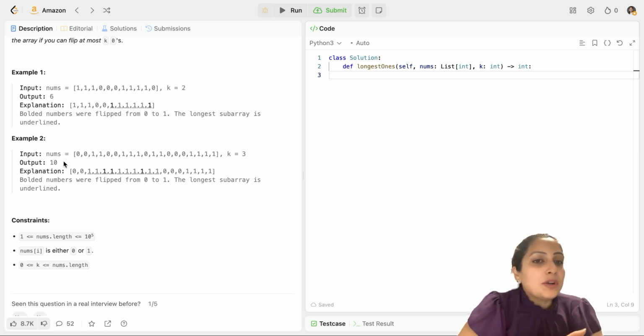The right pointer will keep on moving and checking for the presence of zeros, and we will keep on decrementing k as and when we flip zeros. As soon as our k becomes less than 0, we will start moving our left pointer so that k is never less than 0. As soon as k becomes less than 0, we have to return the extra zeros we are flipping, right? That we do by moving the left pointer. So the basic approach is the two pointer approach: move the right pointer fast, check for the presence of zeros and keep on decrementing your k